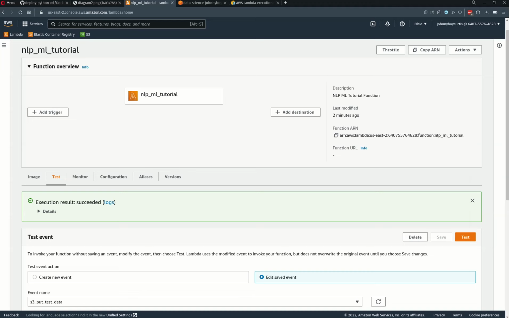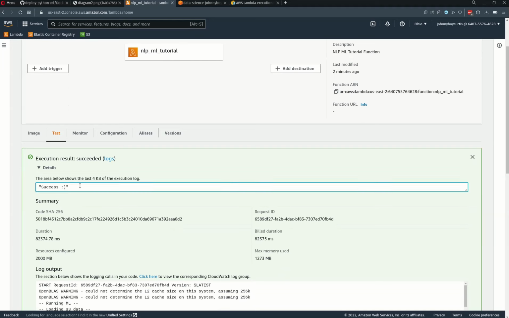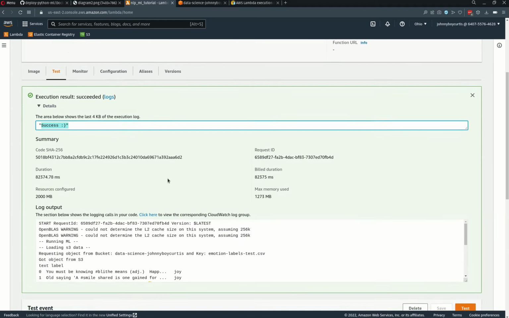Okay, our test has finished running, and you can see that we received a success message, meaning that our model picked up the data and made predictions and was able to output those predictions. So if we look at the details, you can see that I got back my success message with a smiley face,